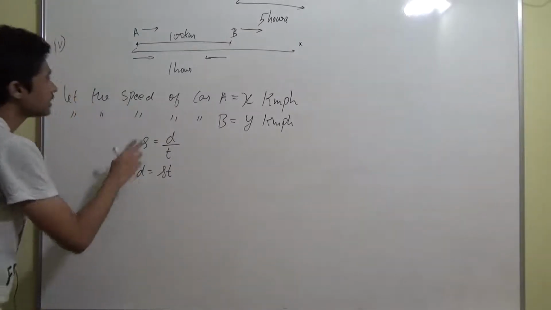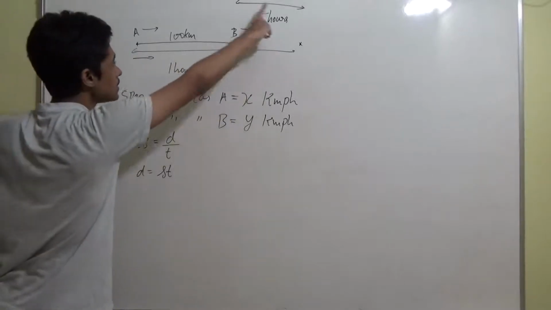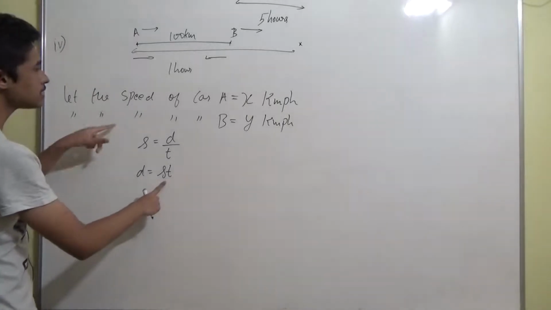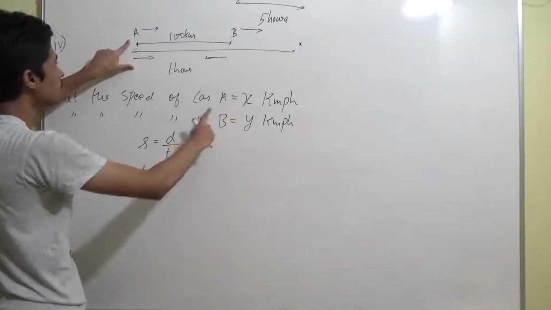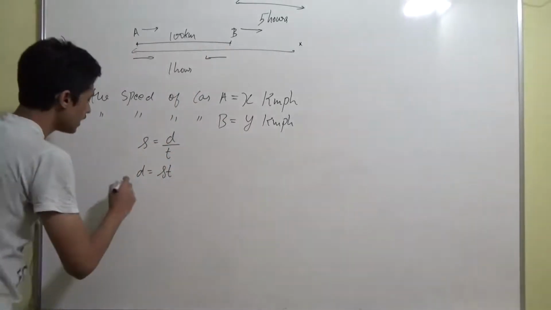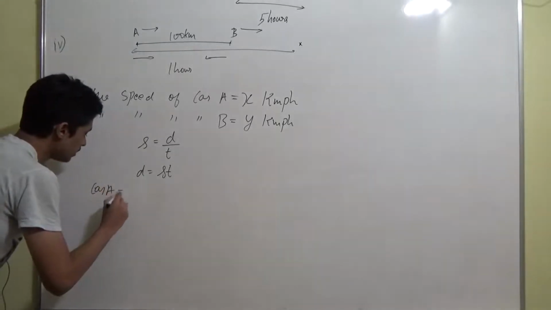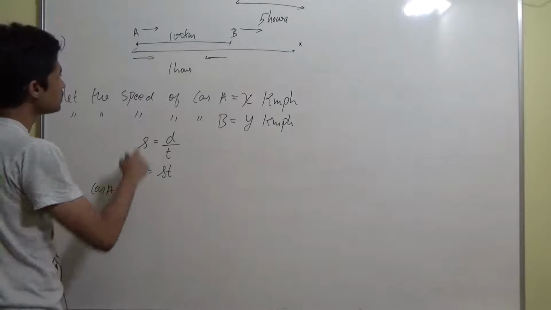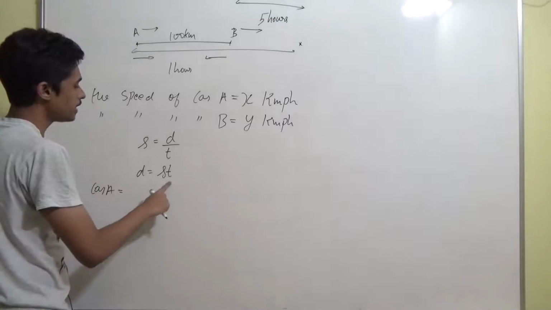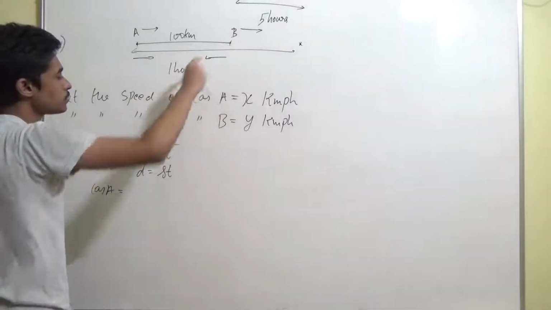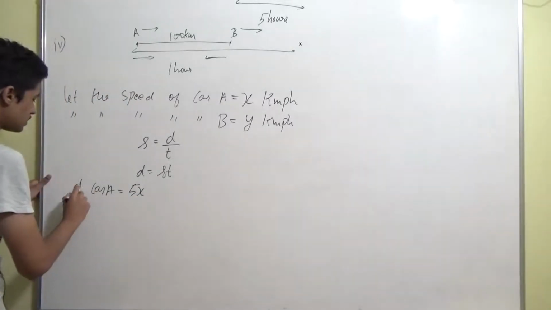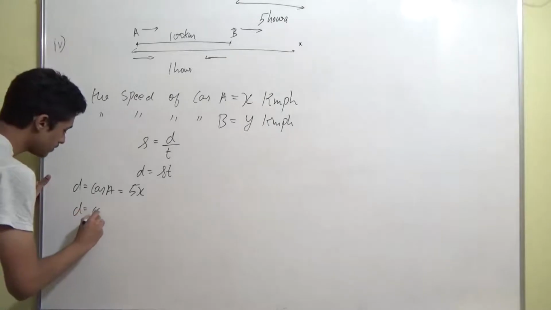So the first equation is the distance traveled by A minus the distance traveled by B is equal to 100. Getting it? So distance equal to speed into time. We consider the speed of car A as x, and the time taken was 5 hours. They have given it as common. So for car A, the distance is 5 into x. x into 5. Speed into time, right? Speed is x and time is 5 hours, which means 5x. And this was the distance for car A, and now the distance for car B.